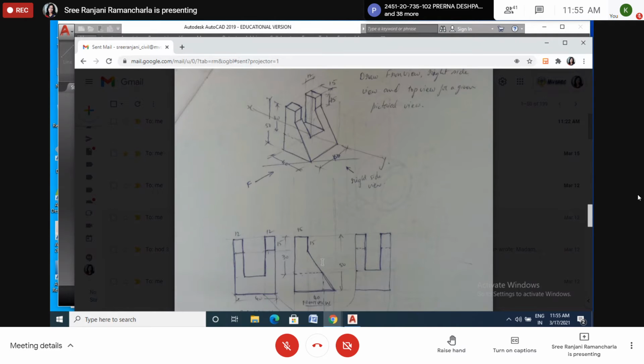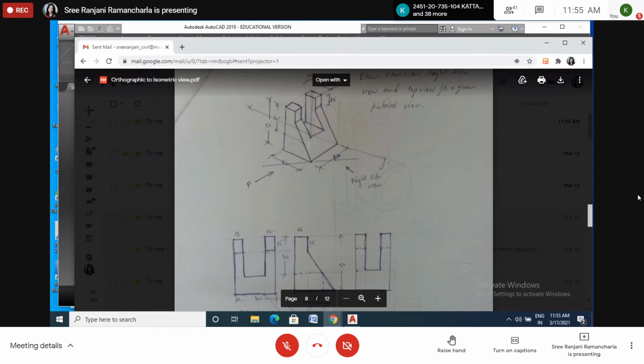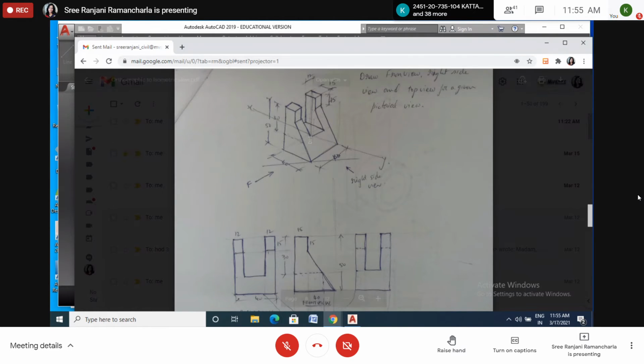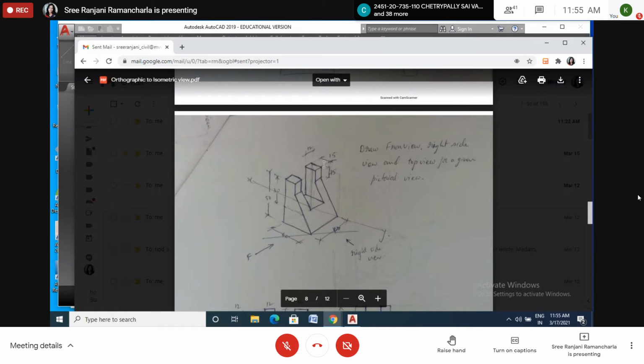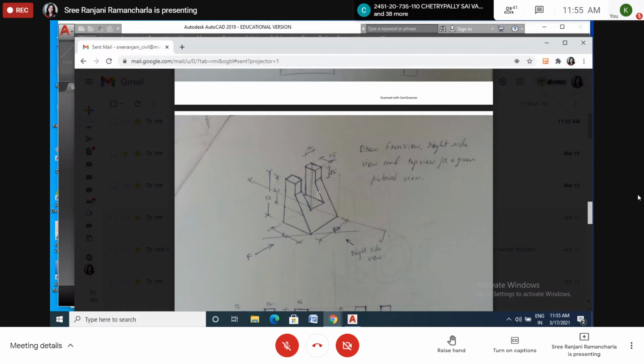So front view, see how it is looking. The same. This one is 30. This width is 15 and this is 15. This 15, 15. Total height is 50 and here is 14, and just join this one.